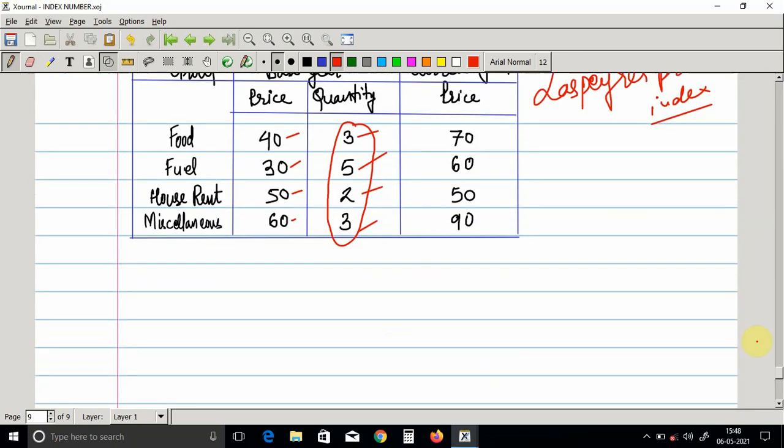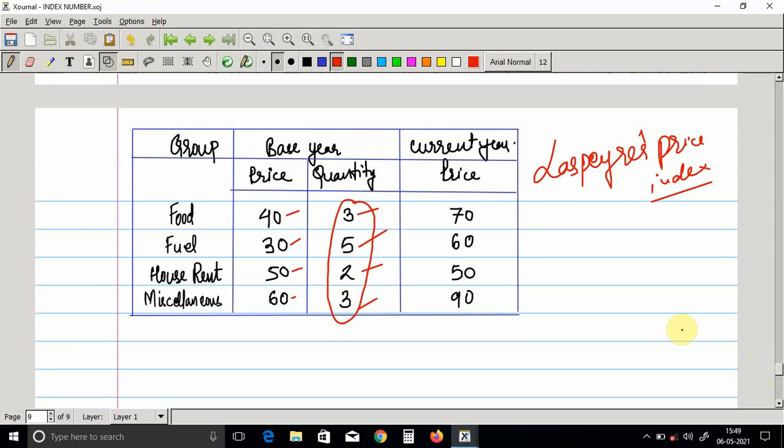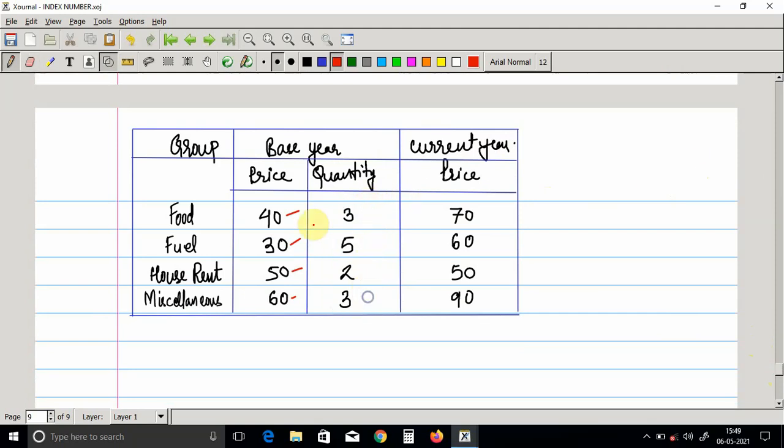So the cost of living index number tells us how much more you will have to earn just to maintain your lifestyle. Okay, so what you will do here? I will not do the whole calculation again, I'll just give you the idea. You just do the calculations for this. This is P1, this is P naught, Q naught, and this is price 1, so price in the current year. So think of a bill. Think of the total amount you have to pay today in the current year.